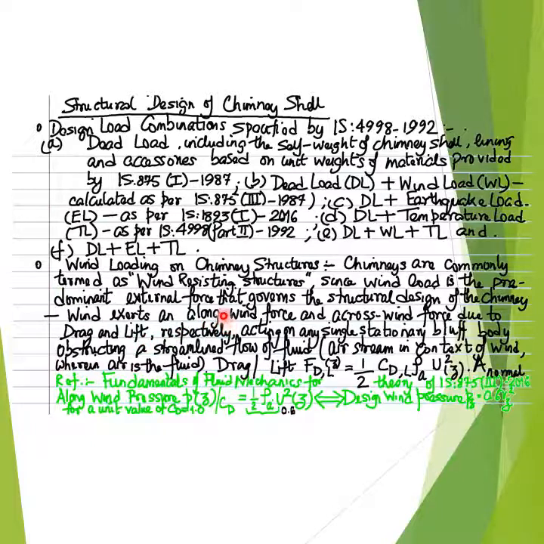Therefore, it exerts a drag and a lift acting on any single stationary bluff body obstructing the streamlined flow of fluid, that is the airstream in the context of wind, where air is the fluid in the present context,